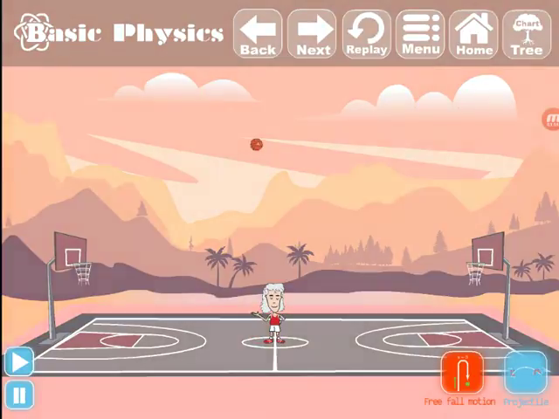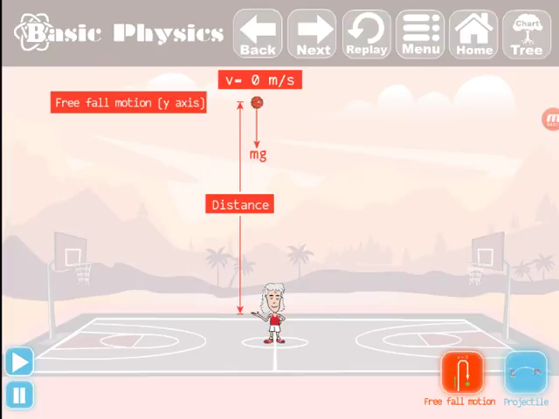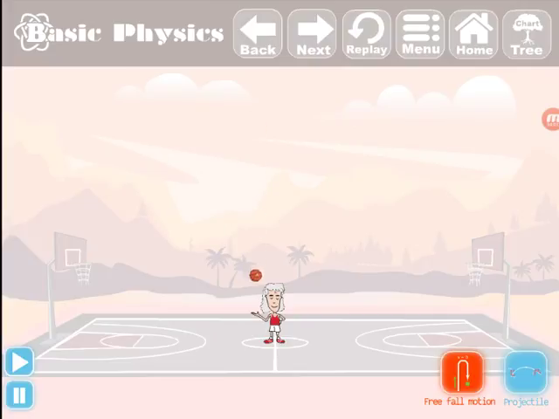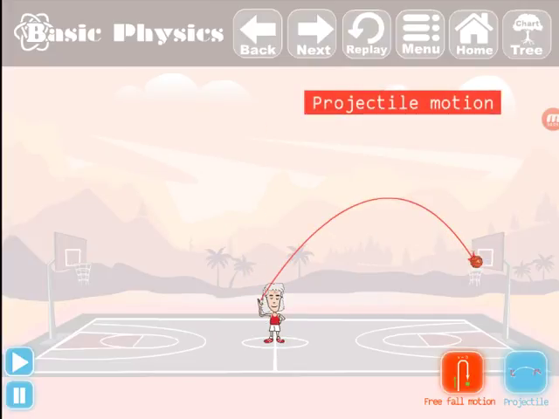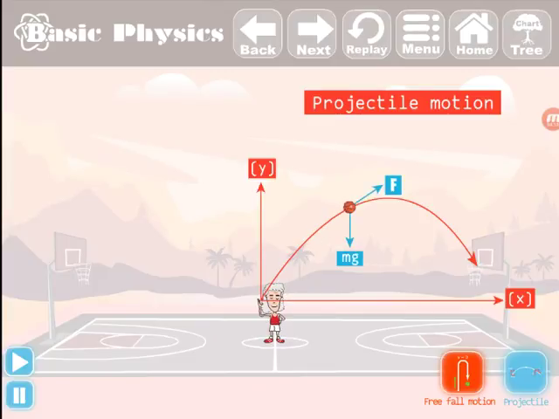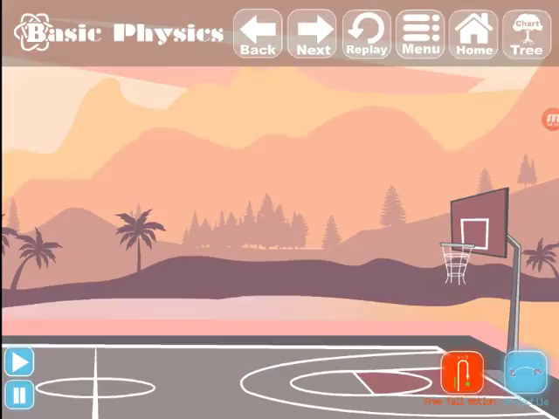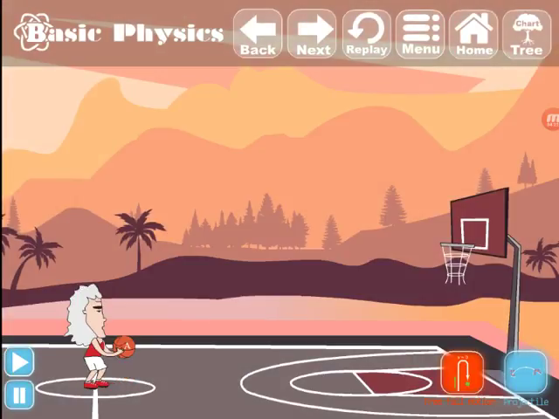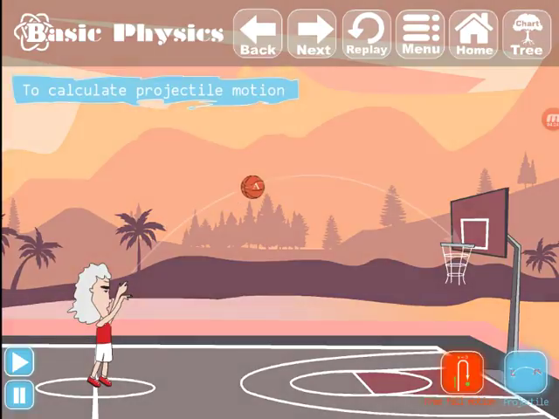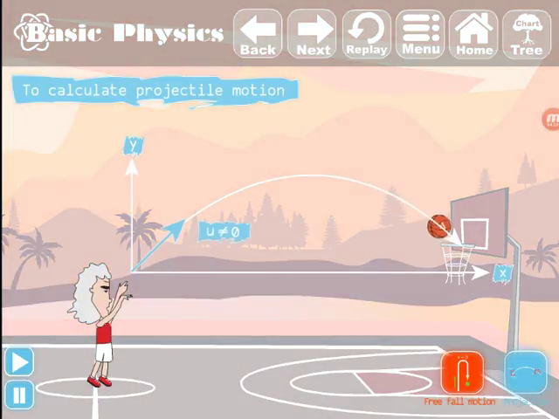In the previous topic, we studied free fall motion. In this part, we'll discuss the movement on both the x and y axes. An object that is acted on by more than 2 forces and more than 2 directions makes the object move in a curved line, which we call projectile motion. To calculate projectile motion, 1. The initial velocity is not 0, because